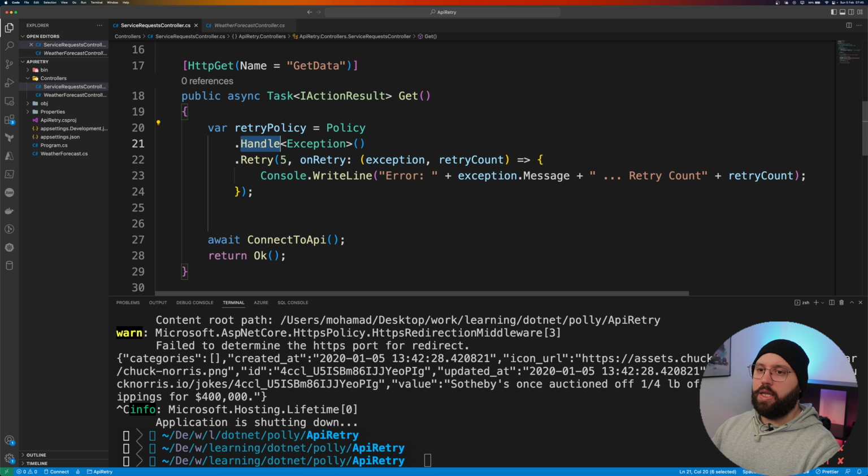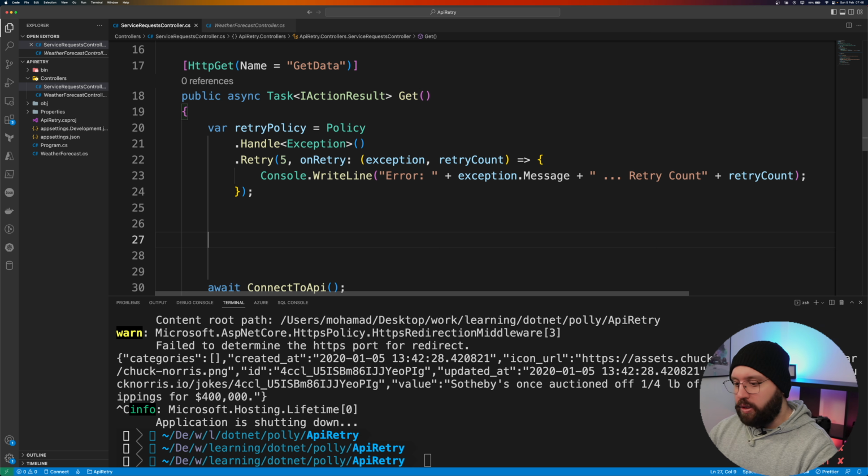I'm just saying for any random exception that you might find, please do a retry 5 times, and every time we retry, just post the message that you are finding, and then show the number of retries. Because this is going to be quite fast, I think 5 should be enough. And then once we have done that, now we need to actually execute this policy, and the way we do